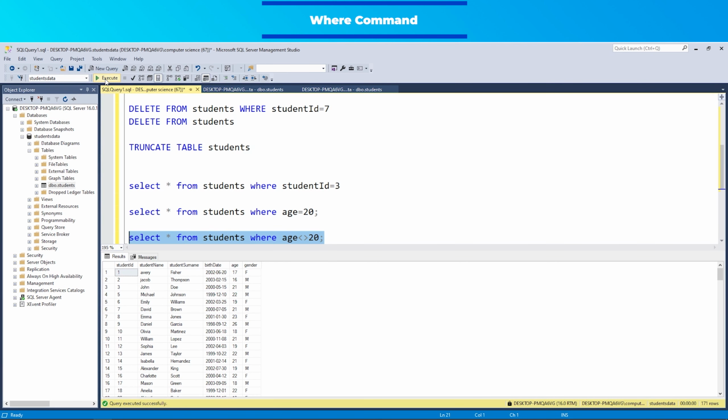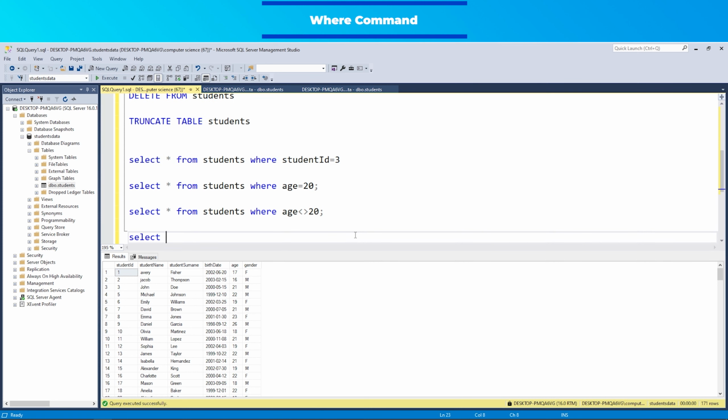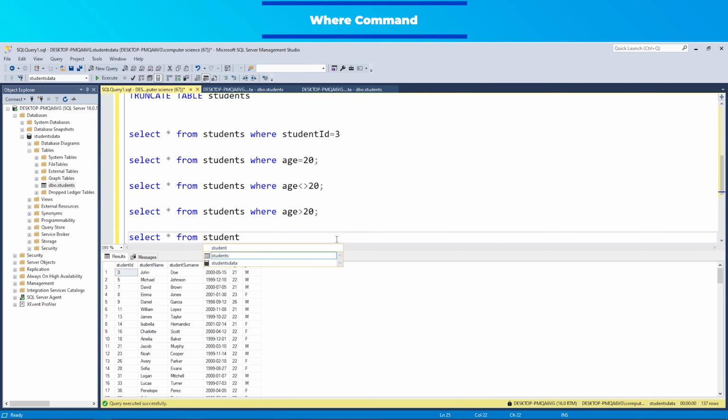To display students who are older than 20 years old, I should use the expression select asterisk from students where age greater than 20. To display students younger than 20 years old, I should use the expression select asterisk from students where age less than 20.